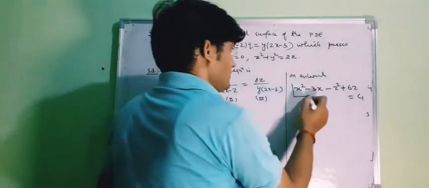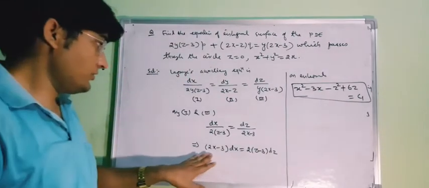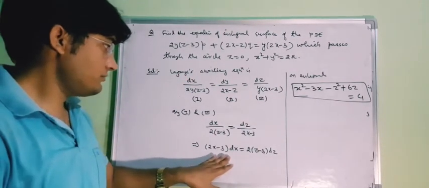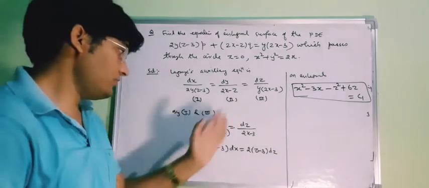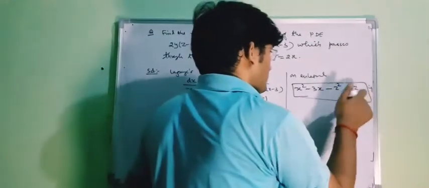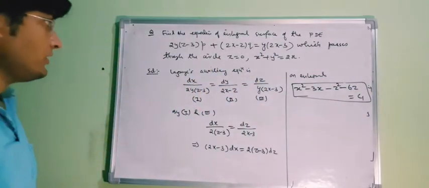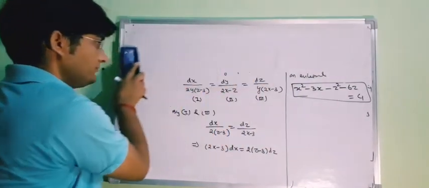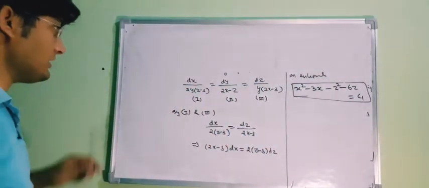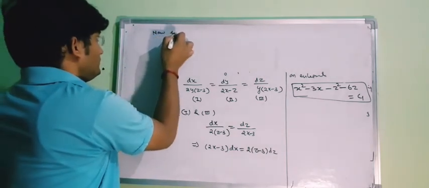So this is your first solution. So x square minus 3x minus z square plus 6z, and if you take it on the left hand side, then this will be minus 6z. So this is your first solution. Now for the second solution, let us take the multiplier as, now each term is equal to